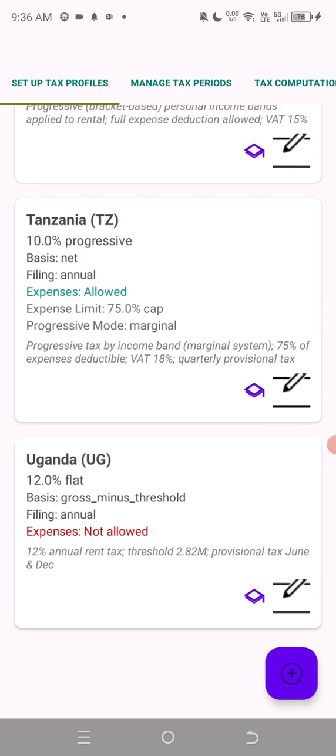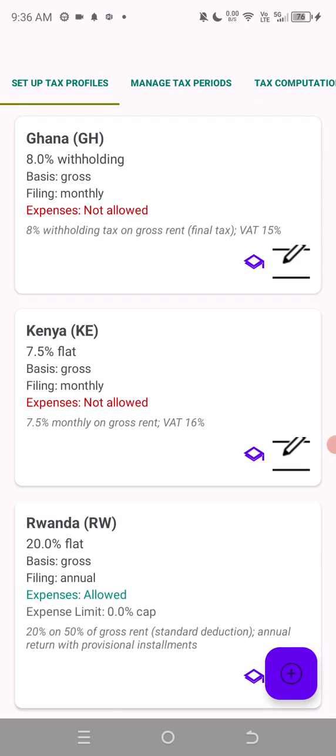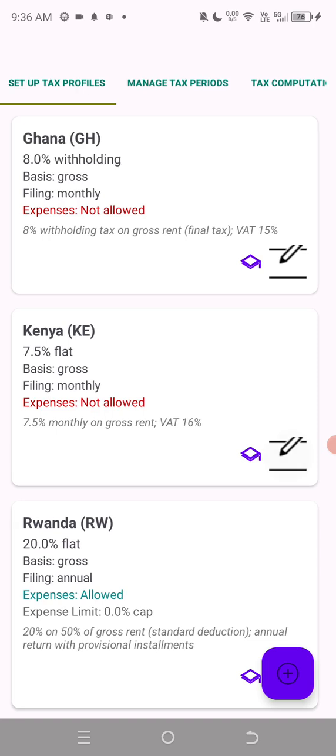So the first thing we do is setting up. Tax is something complicated. It keeps on changing every year. The tax laws are dynamic, they are not fixed. So I tried as much as possible to provide for different ways of provide for future changes. And I also did research and provided taxes for different countries. So each country has a different profile. For example, if you look at Kenya